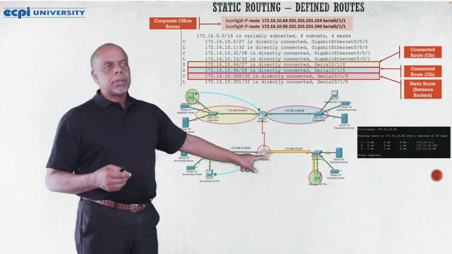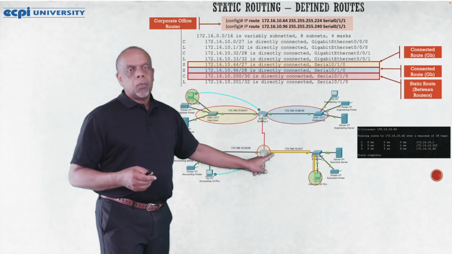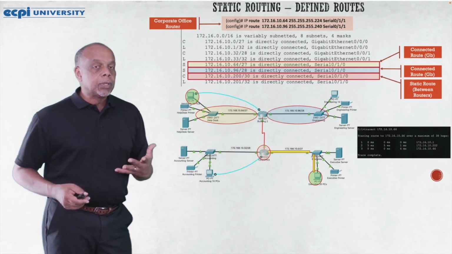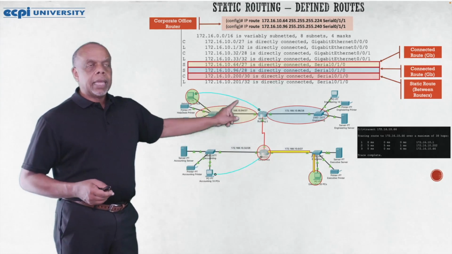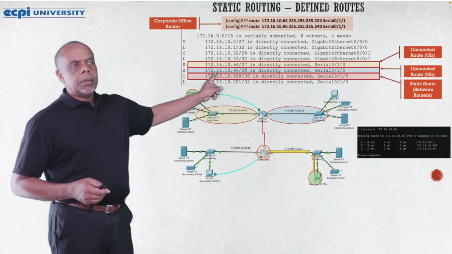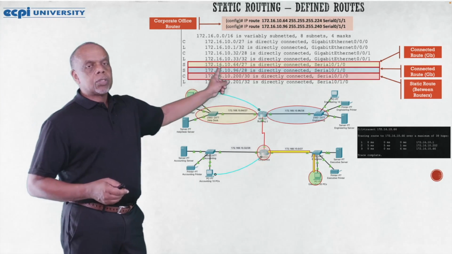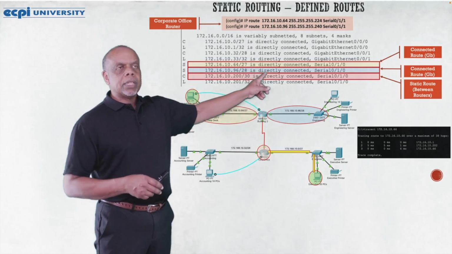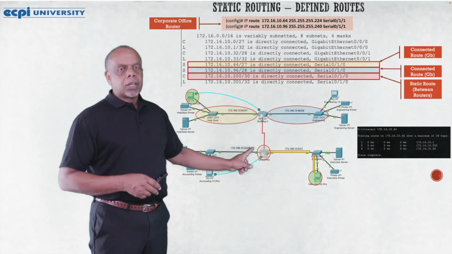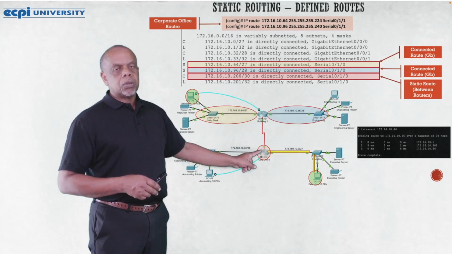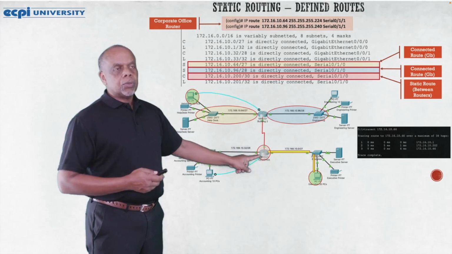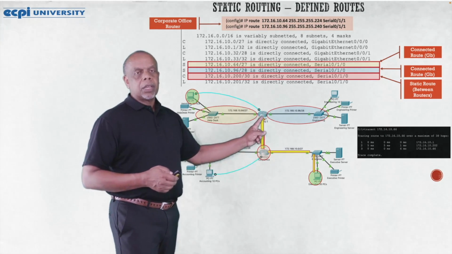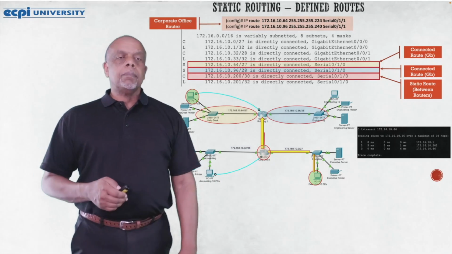So it looks at its routing table and says that you're trying to ping 172.16.10.66. Let me see if I have a route already established to that subnet. And it looks up here and says, yes, I do. Because that IP address falls in the range of 172.16.10.64 CIDR 27. And to get there, I've got to go out of my 0/0/1/0 interface. So then that's it. It sends it out of that interface, and it knows to go to the building 2